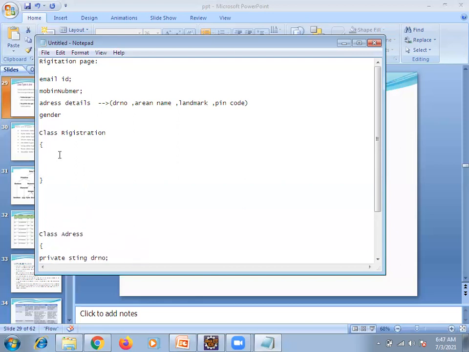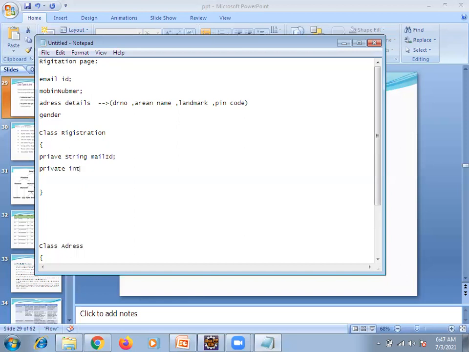Now first is private mail ID. Private mail. What I am doing? Mail ID. Now, private mobile number.